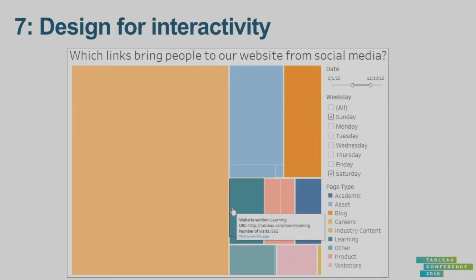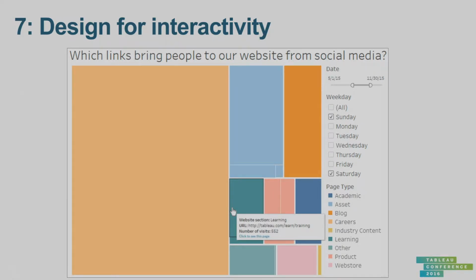Now, of course, as you've explored your data, chances are you have some important insights that you want to communicate. Designing for interactivity is key for this because social data can contain so much information, like tons of engagement metrics, so many ways that you can slice and dice and explore it. This view has a couple of key interactive design elements to it. For instance, it has very user-friendly filters on the right,